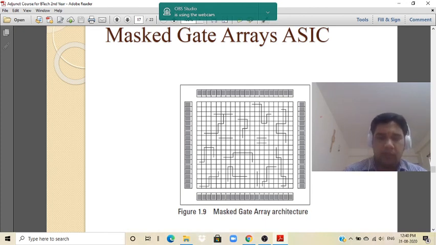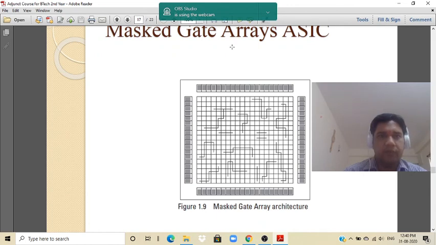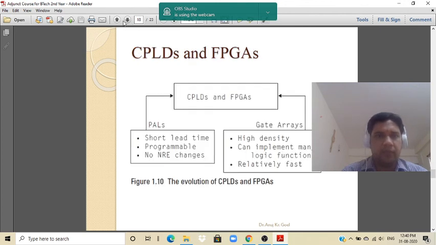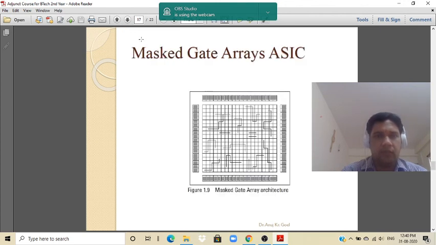So that covers the different types of devices which come under the SPLDs. First was the PROM, programmable read-only memory. In that we have the ROM cell, then different types of PROM structures, diode based and BJT based. Then we have PLA, then PAL, then ASIC. So that is the first chapter of unit 1.